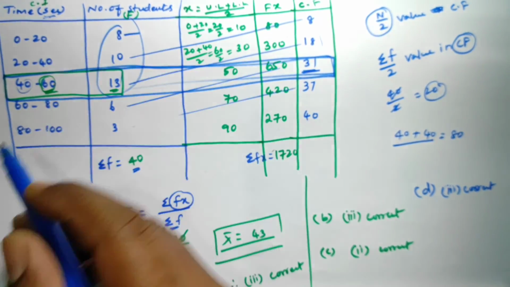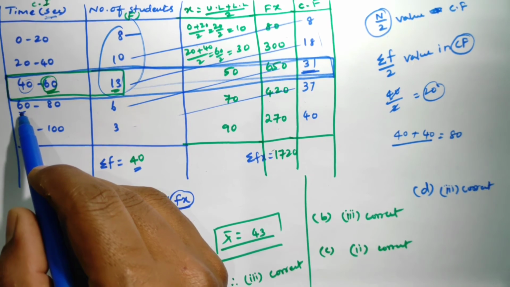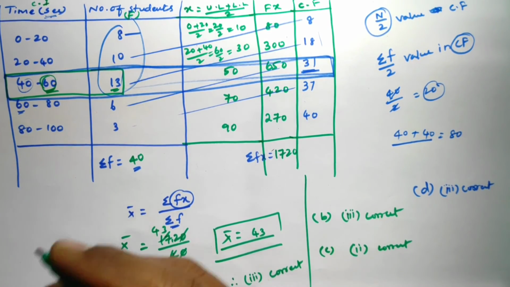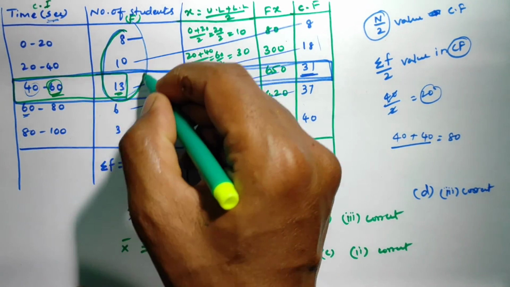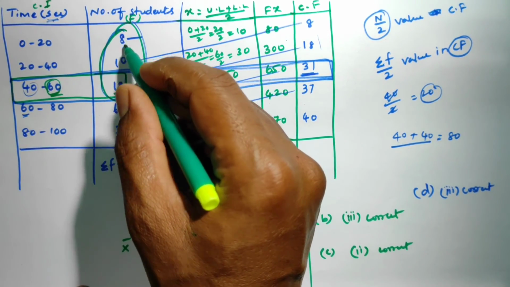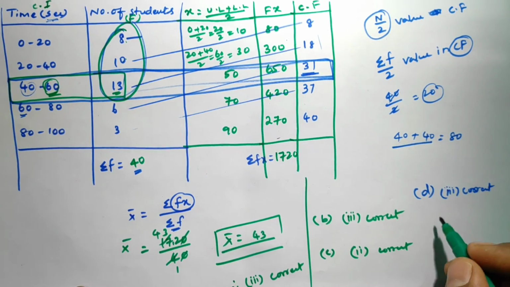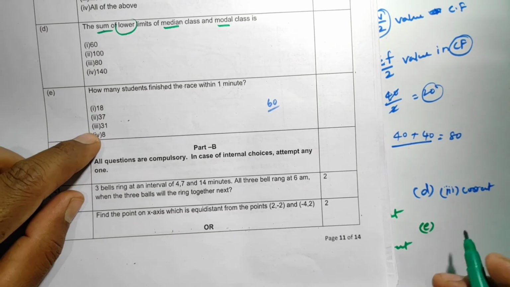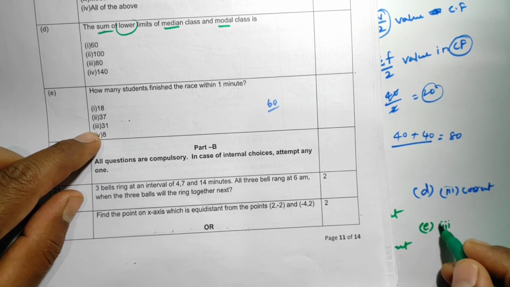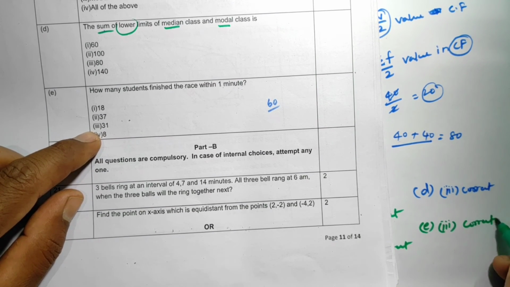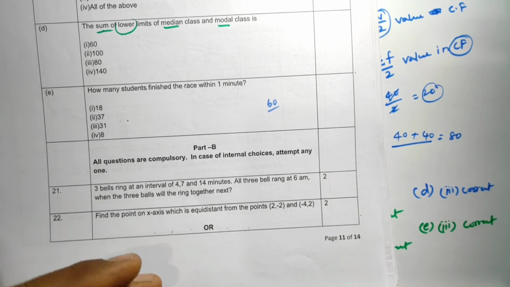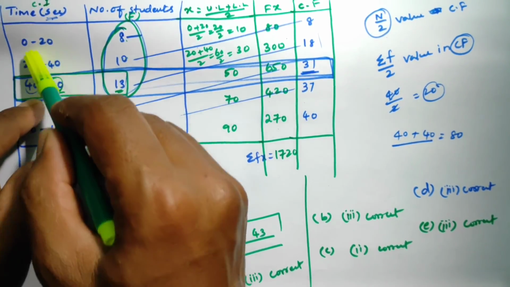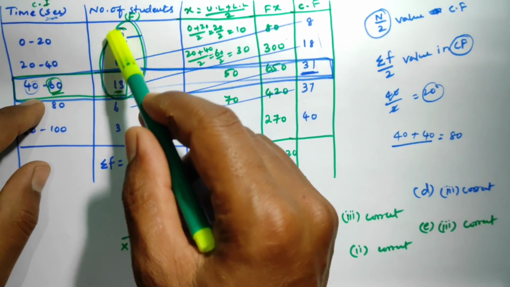These three we will get. This we cannot take; this is 60 and above only. For 60 and below, only these 3 groups come. So in 1 minute, how many students did it? 10 plus 8 is 18, 18 plus 13 is 31 students. Option number E is 31. Option 3 is correct. So 31 people completed the race in 1 minute. We take that from the table column, because these three groups are below 60, and all of them come within 1 minute.